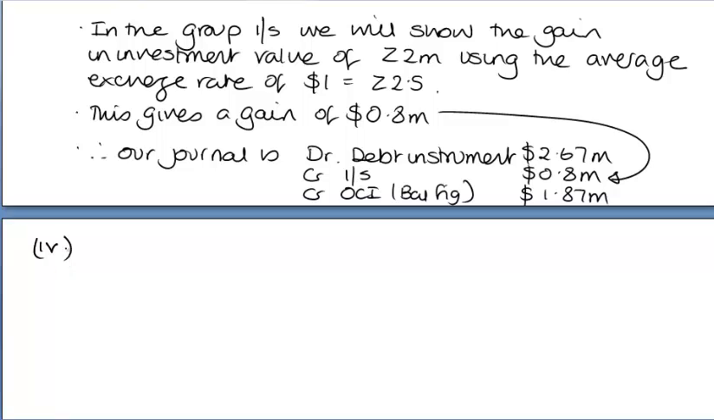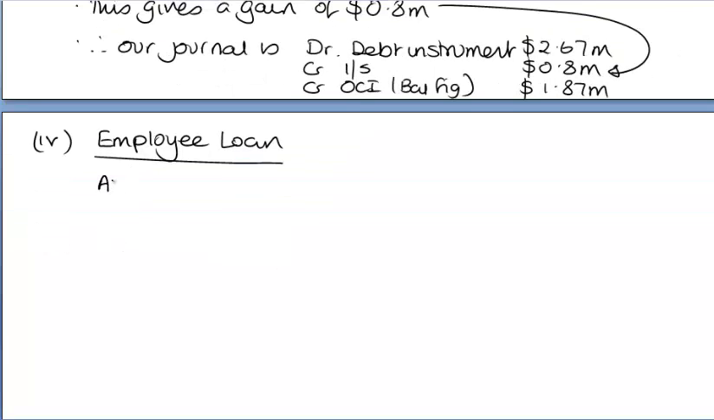Next, we've got part 4. Part 4 is our employee loan. So what have we done? Well, we've given our employees $10 million. And we're going to get that money back in 2 years as a single payment. The market rate of interest for a 2-year loan is 6% per annum. So what we should say here is at the loan date of the 1st of June X7,